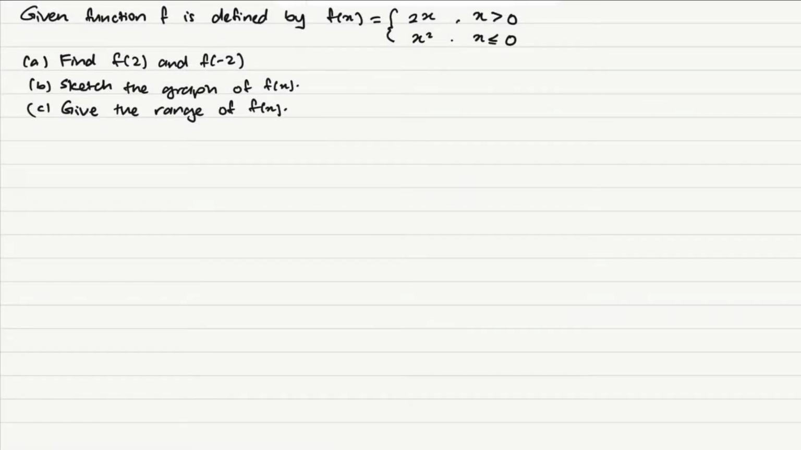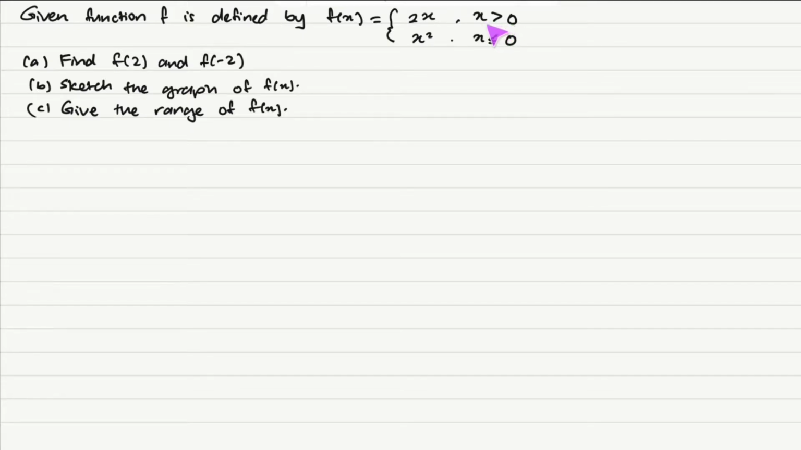Hi there. So today we are going to learn how to sketch the graph for a piecewise function. Now let's take a look at the question. Given function f is defined by this piecewise function, which is being divided into two types of function. The first one is linear because x is power 1. The second one is quadratic because x is power 2. They are being divided